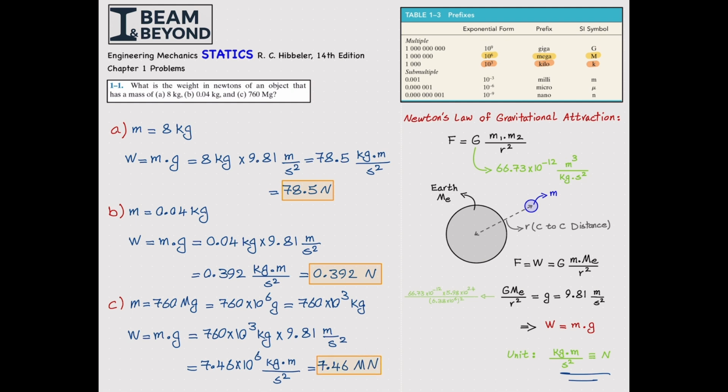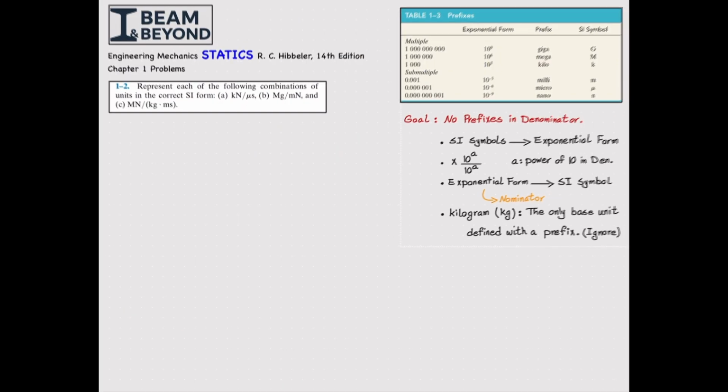Perfect. Now let's move to problem number 2. Represent each of the following combinations of units in the correct SI form. A, kilonewton per microsecond. B, megagram to millinewton. And C,